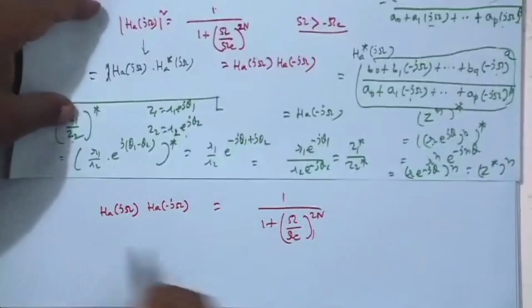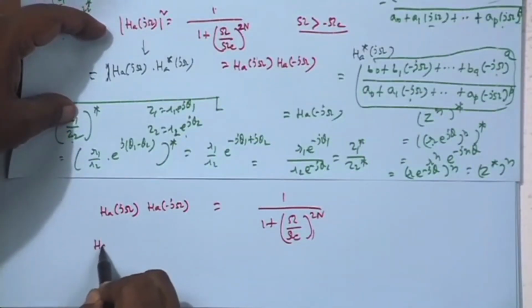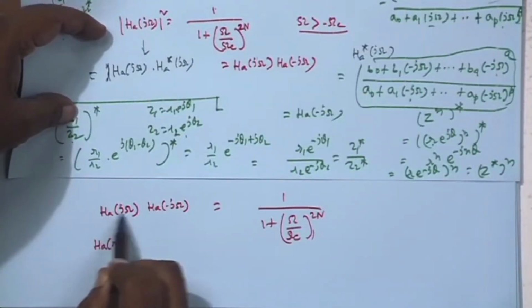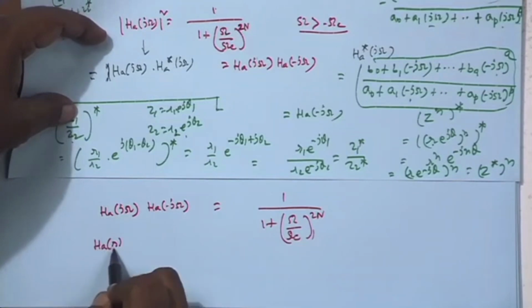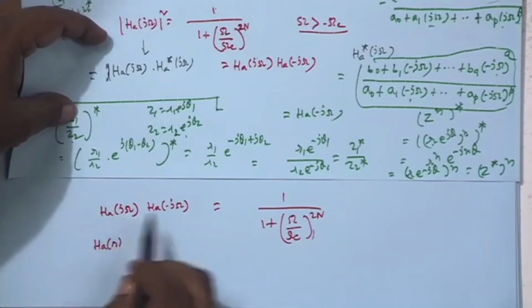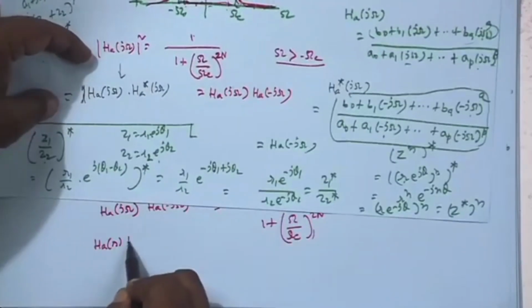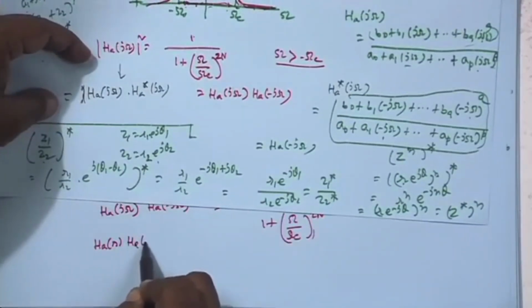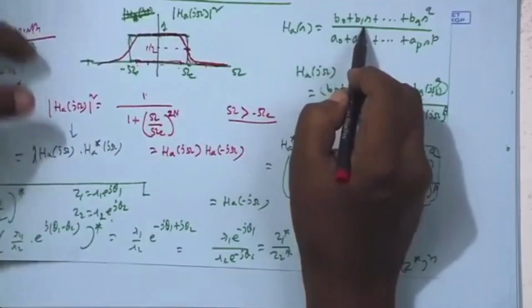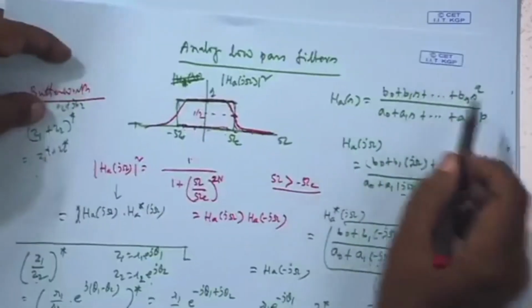But this I can also write as, see h a j omega is nothing but h a s with s replaced by j omega, and h a minus j omega is again h a s, say h a minus s. If I put everywhere minus s,